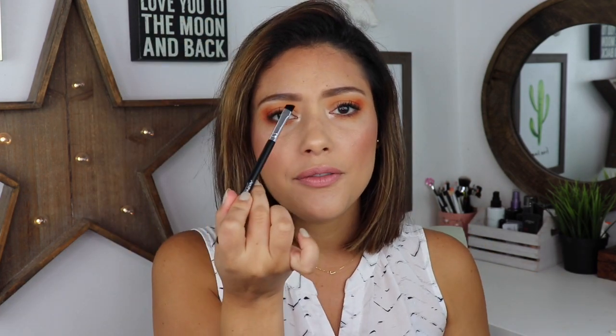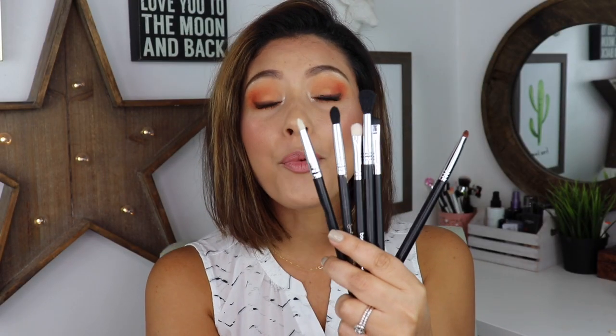So if you have a little pot with pomade or something to do your eyebrows, you can dip that into it, and it's very, very easy for you to outline your eyebrows with it. So again, these are my top 6 eyeshadow brushes. Again, I cannot recommend a specific brand because to me, it doesn't matter as long as you get the right